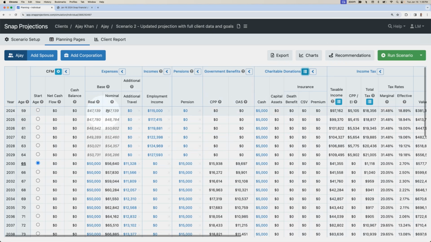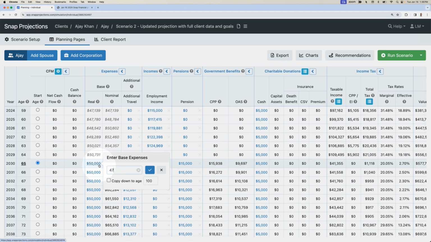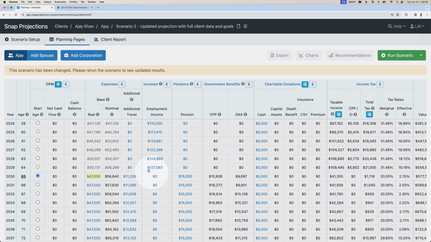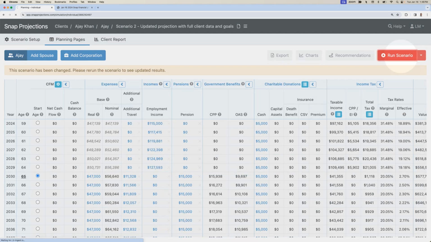And now on the left, we can see that with all of the modeling that we've done so far, his base expense value has been adjusted to $43,000. This is essentially what's left over for his everyday recurring lifestyle spending needs. And we're going to assume that that same need is going to continue into retirement. So we'll update our $50,000 original goal to $47,000 throughout the length of the retirement.